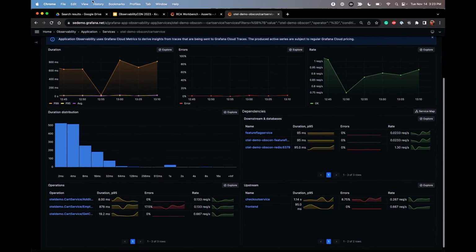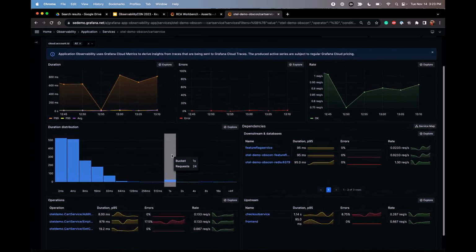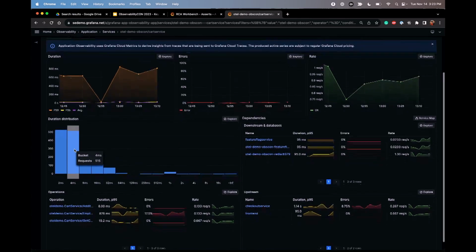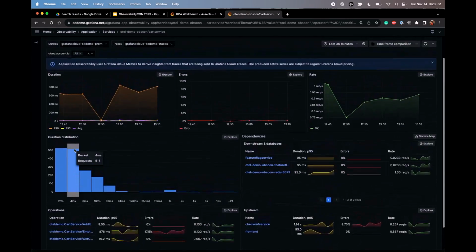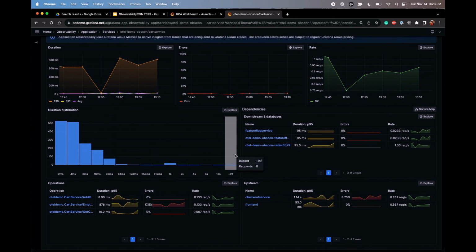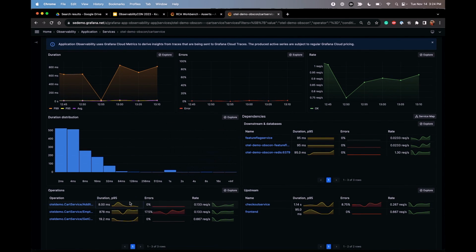So, okay. How's the duration on their request doing? Okay, no. So basically the duration, most of the services are actually taking under 64 milliseconds to complete. And there are a couple of services indeed that do take around 1 second, but mainly this is okay. So this ain't the problem. The errors, there seem to be some errors in there. Okay, indeed, there are some errors in the operations.